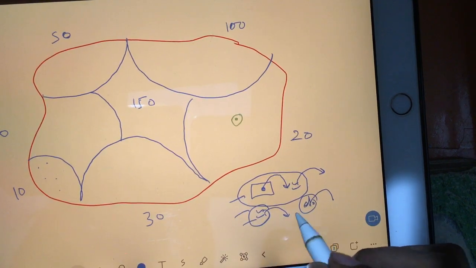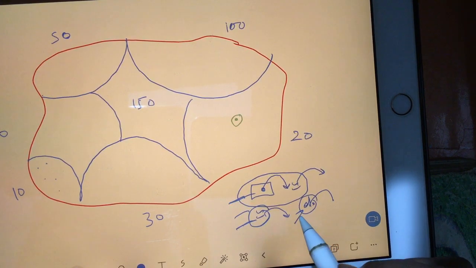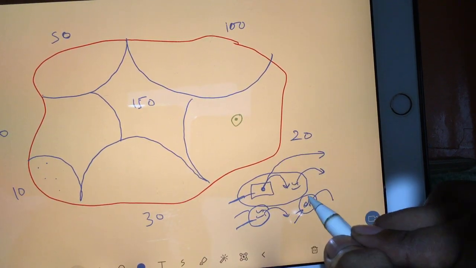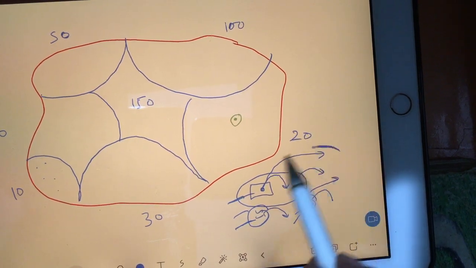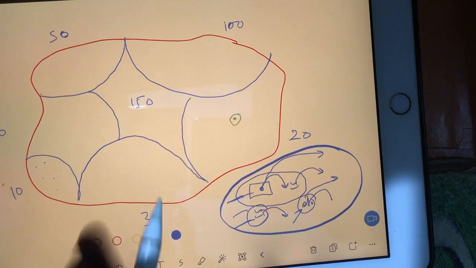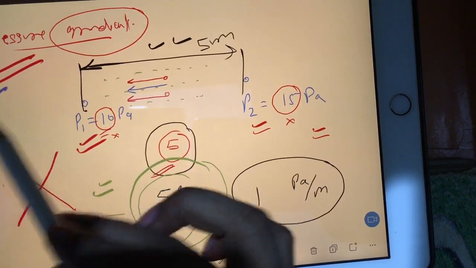Pressure, temperature, density are all scalar quantities, and when you find the gradient of these properties, the gradient becomes a vector quantity. Currently I am explaining pressure gradient.